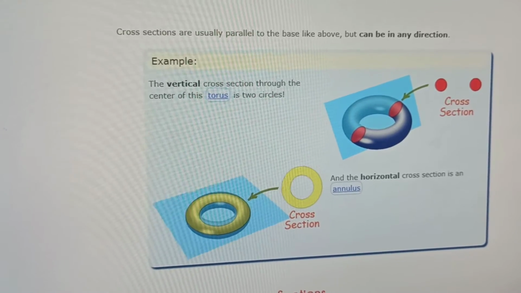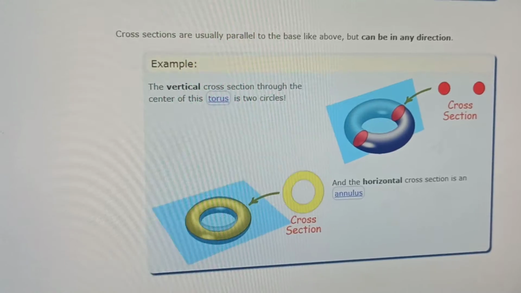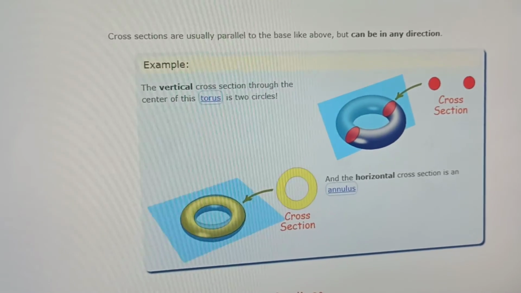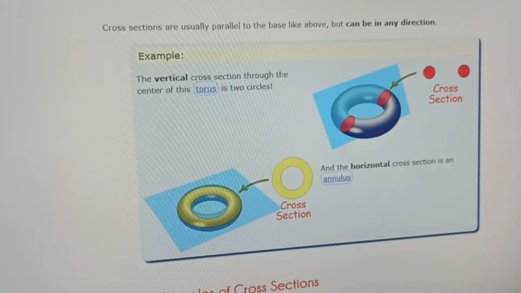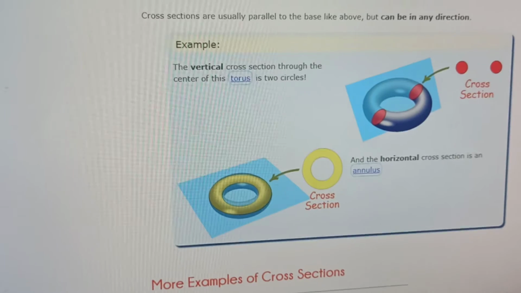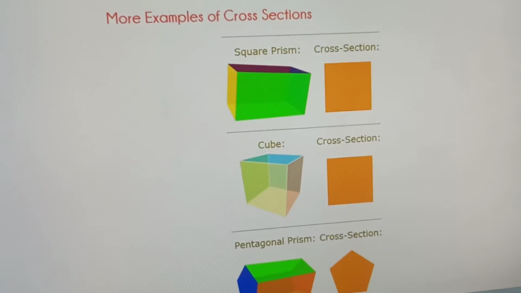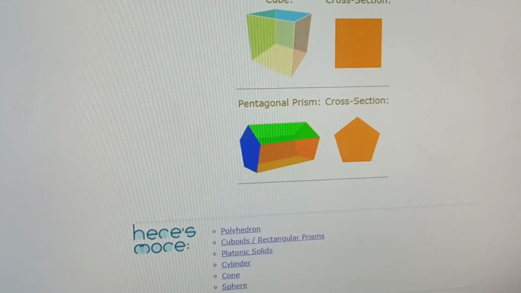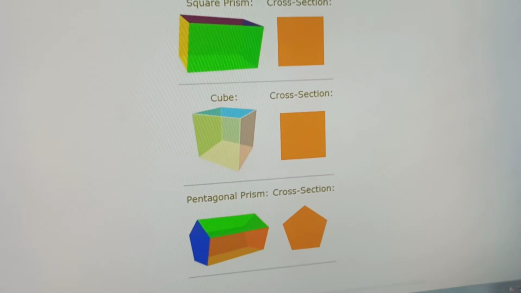The vertical cross section through the center of the torus is the two circle like this in the form, and horizontal cross section is annulus like this one. Now there are more examples of cross section, that is when you cross prism like this you will get, right?